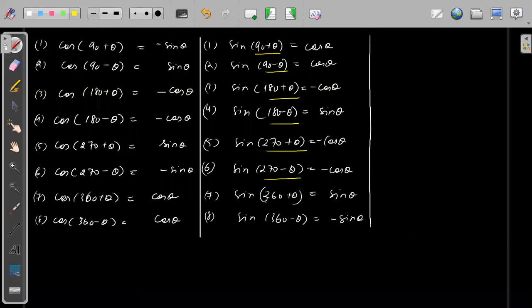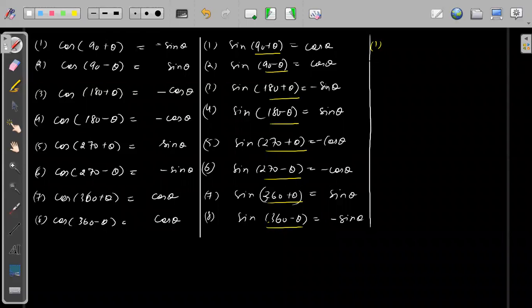The angle will be same, we will write for 10. Okay, so first, what is tan of 90 plus theta? Sir, for third you have made a mistake. Third, sine of 180 plus theta is, oh sorry, this is minus of sine theta.